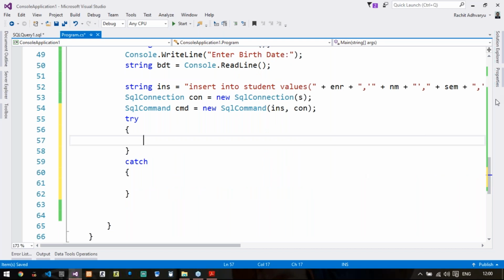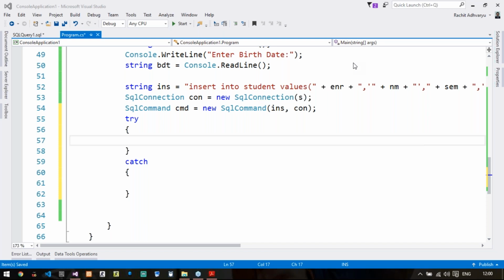Can anyone give me the answer? Okay, good answers from Harsh, Victor, even Nishant. Yes, exactly.